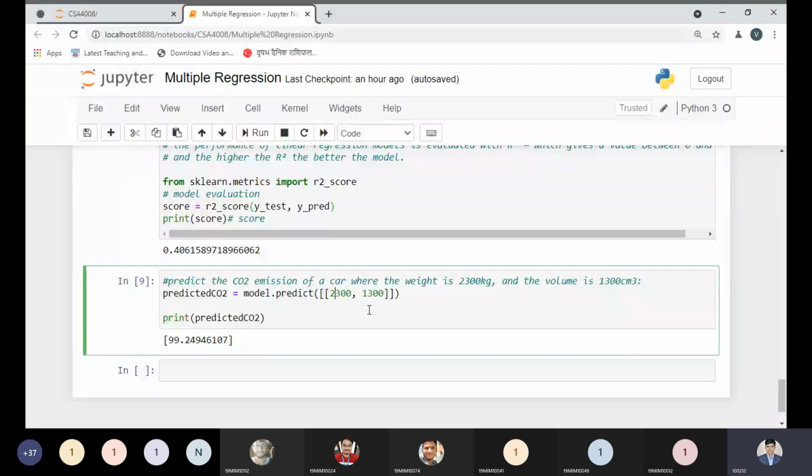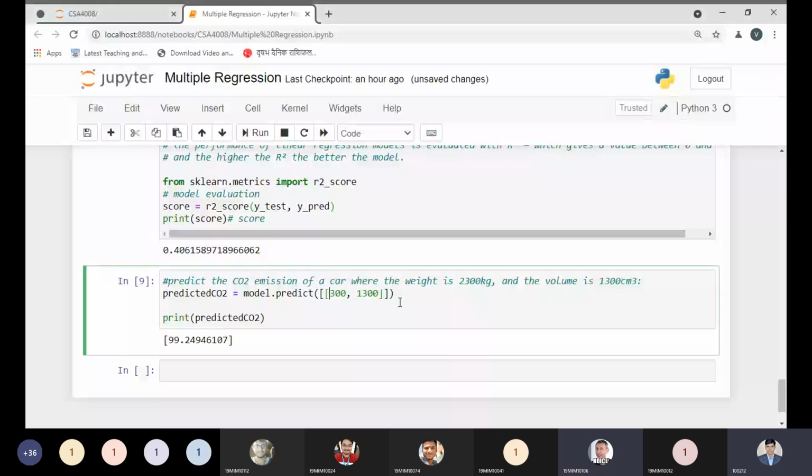According to you, what would be the weight of the car? Please tell me any value so I can modify my code. 3000.